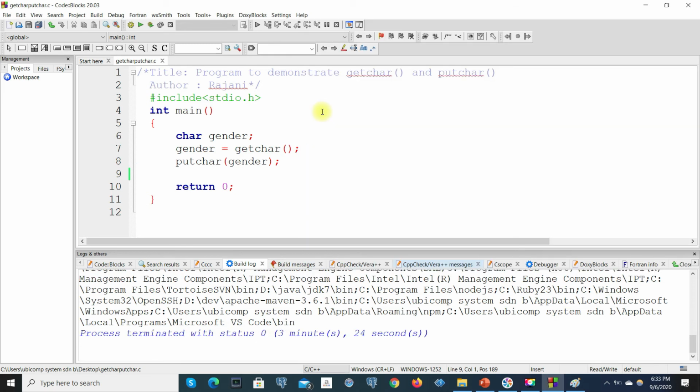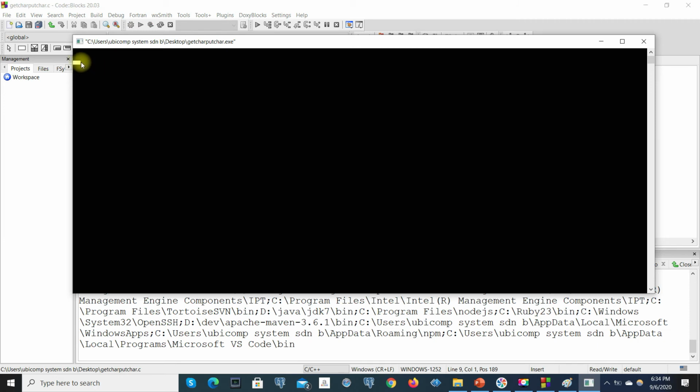I would like to say one more thing to you. Let's run our program. Now the program is waiting to read a single character. As we wrote the program, we know that we should give the character, then only it will display the character. But if the program is executed by others, they cannot understand, right? Let's say for example, you went to the ATM machine and put your card into it. It will prompt the user, please enter your PIN. If the message is not displayed, the user cannot understand clearly what to do, right?